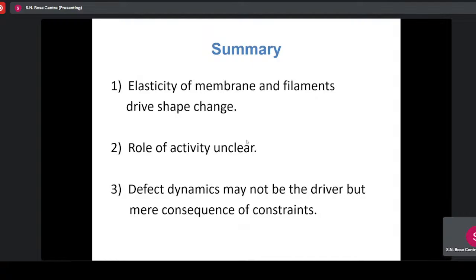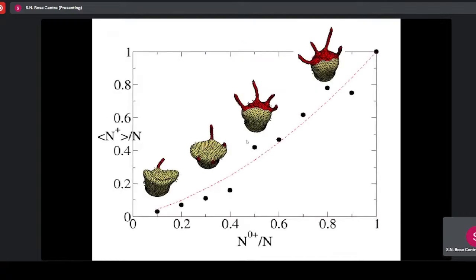And about this defect dynamics, you will also hear that defects drive things, but it seems to us that quite often that's not the case. Defects are there because all the stresses and strains conspire in a way, and you are, let's say, on a 2D surface, so there are constraints from topological theorems. Because of that, the defects emerge. And where defects emerge, you may see some growth taking place and so on. But according to us, that's often not the driving force.